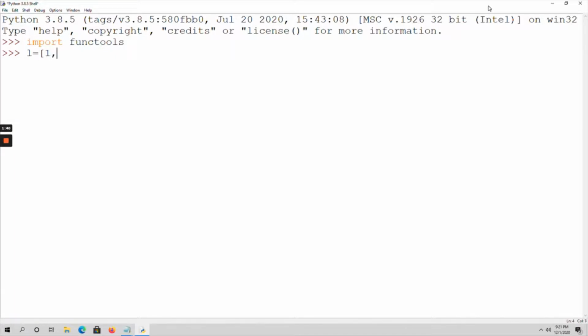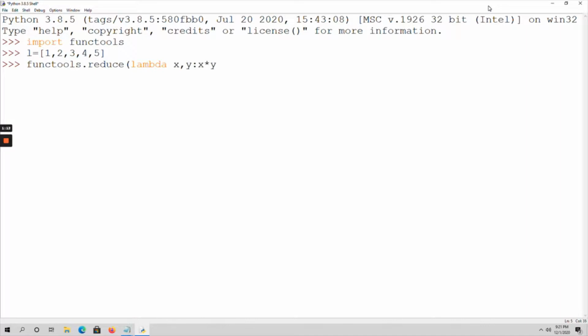These are my list elements. If you want to work with the reduce function, you have to call the module functools.reduce. Here for the function, I am using a lambda function, lambda of x comma y. These two are my arguments, x comma y, colon, and the expression is x into y.